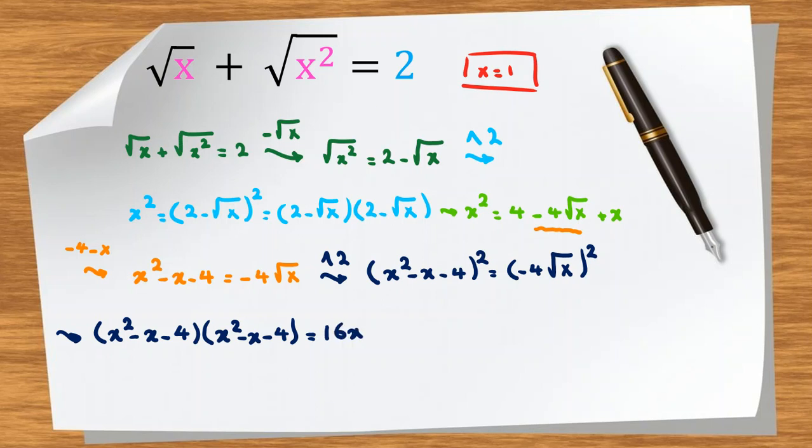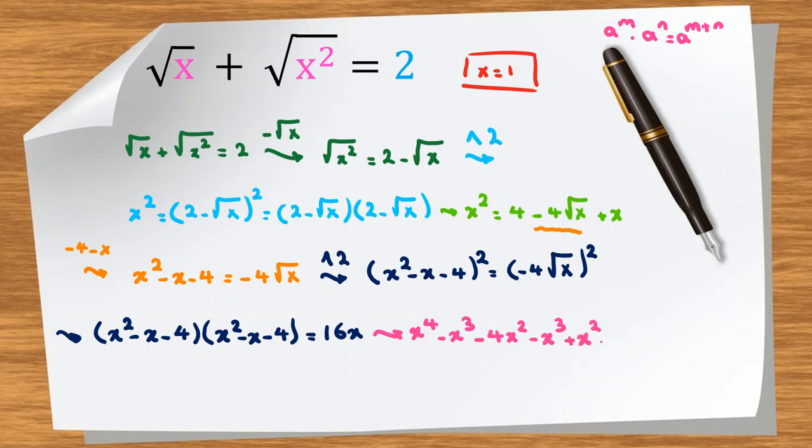So let's focus on the left hand side. We can say for the left hand side, x squared times x squared is x to the 4. And let me tell you, we use, for example, this formula: a to the m times a to the n equal to a to the m plus n. So x squared times x squared x to the 4, x squared times negative x is negative x cubed, x squared times negative 4 is negative 4x squared, then minus x times x squared is minus x cubed, minus x times minus x is plus x squared,